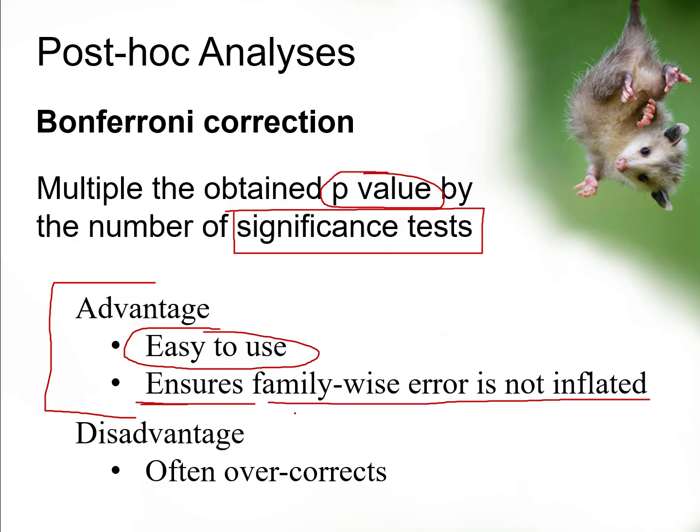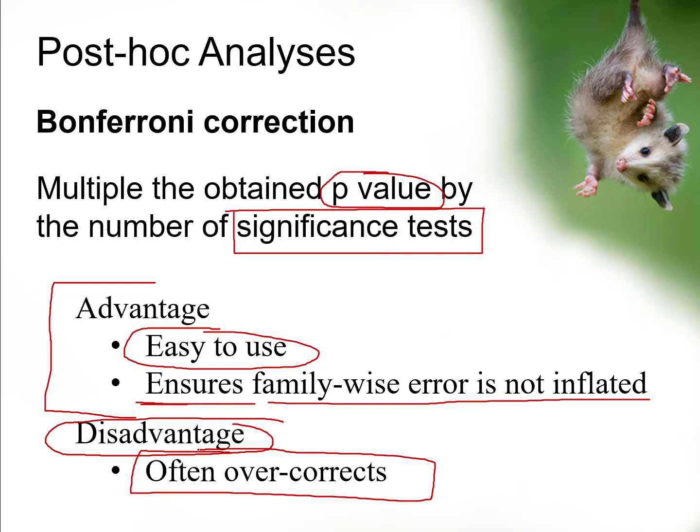If you use a Bonferroni correction, then you could be confident that your family-wise error rate will not exceed 5%. However, the one disadvantage of this Bonferroni procedure is that it often overcorrects. It corrects more than it needs to. It will ensure that your family-wise error rate doesn't exceed 5%, but oftentimes it will ensure that it's an even